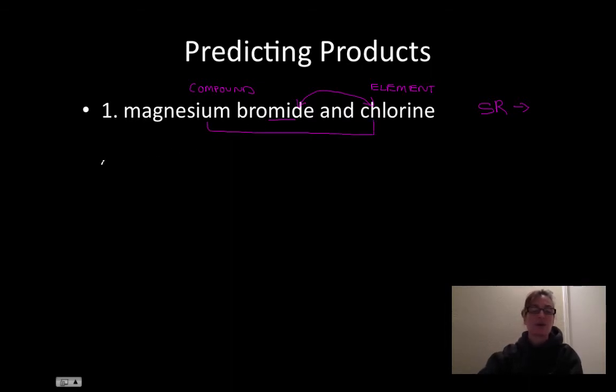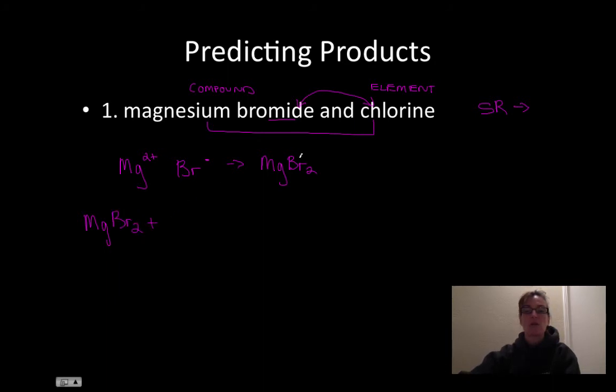So let's write our chemical equation. So first I have magnesium. It's an alkaline earth metal, so I know it's 2+. And then I have bromide, which is a halogen, so I know it's 1-. So the formula is going to be MgBr2. So my reaction will start out with MgBr2